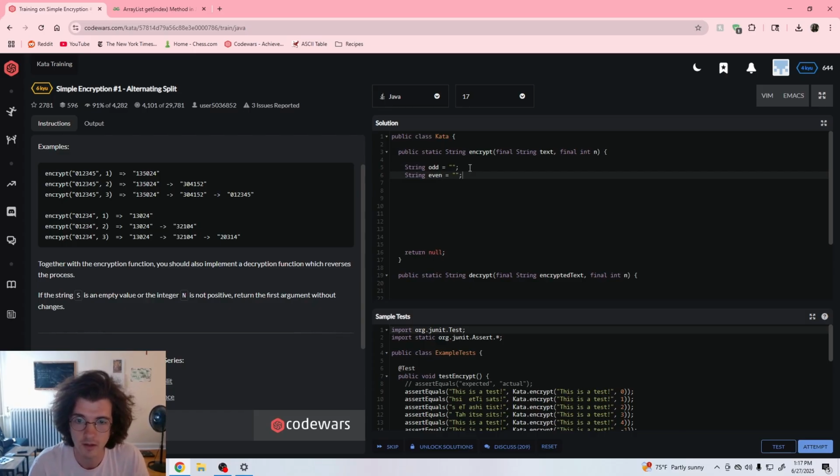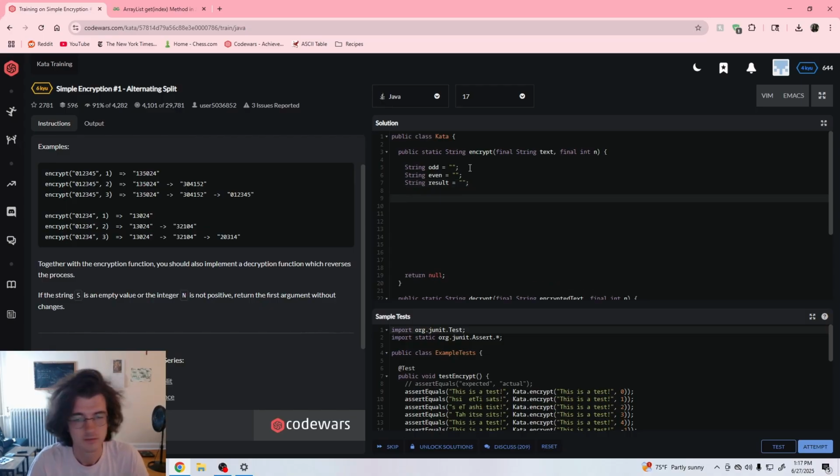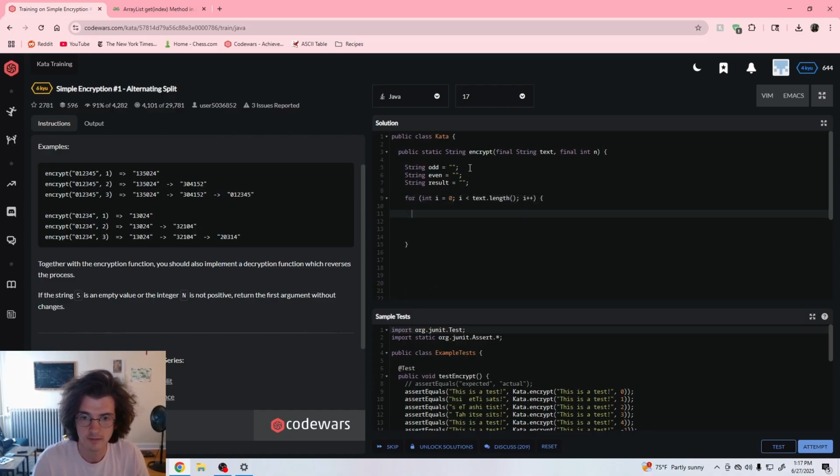It should be working. I think this way we just loop once through the text, and then the result can be here. Yes, I think this will work fine. And yeah. Okay, so it's just for int I equals 0, I is less than text.length, I plus plus. So what are we doing with the text? So if the index of I is, keep it simple for start, so if the index is odd, so if I modulo 2 does not equal 0,